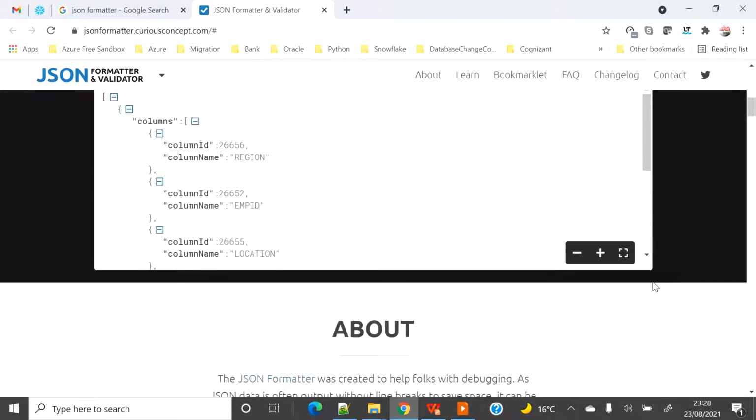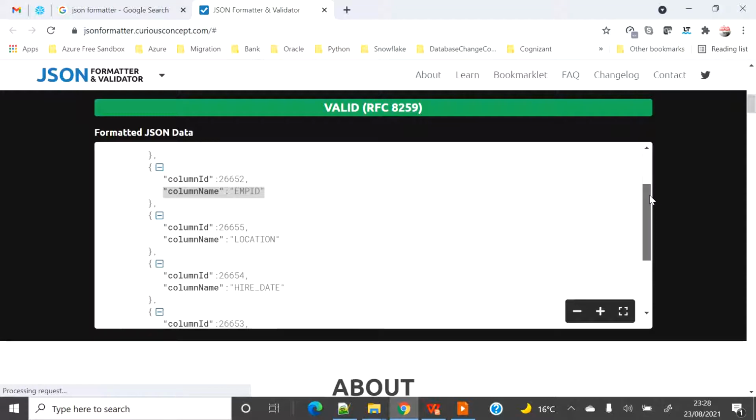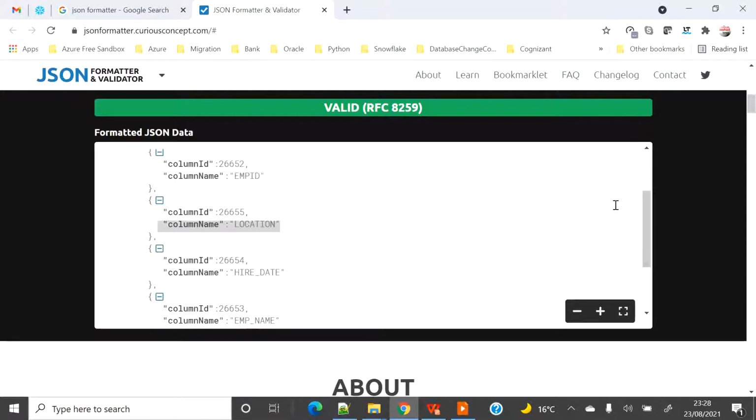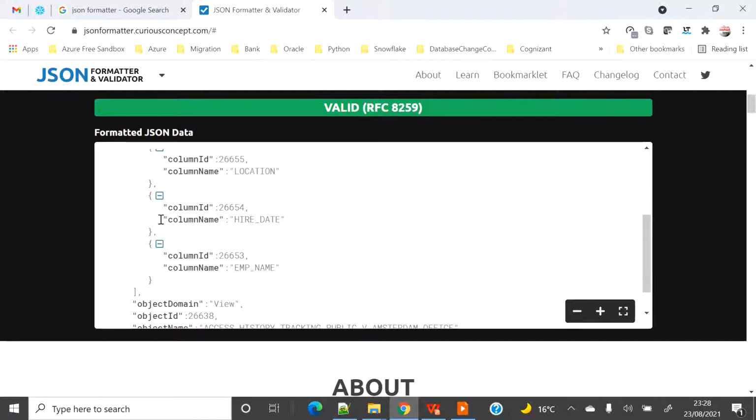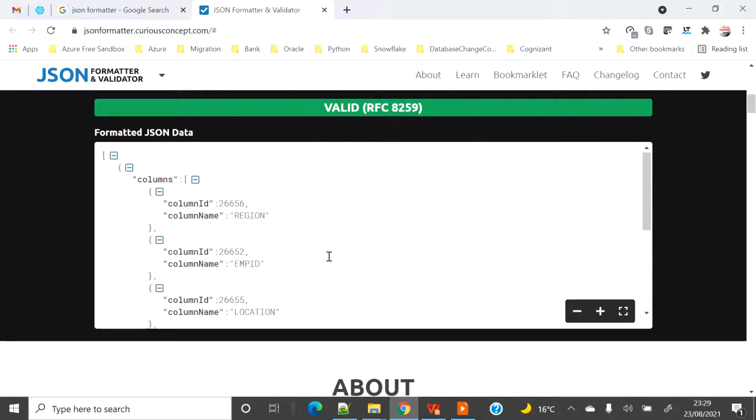Now you can see that these are the columns, because I have kept an asterisk in the select column part, so it gives me all the column names. This will bring all the columns from the employee table. And as I have only queried the view, which is V Amsterdam office, that is captured as a direct access object. So now you know what has been captured.